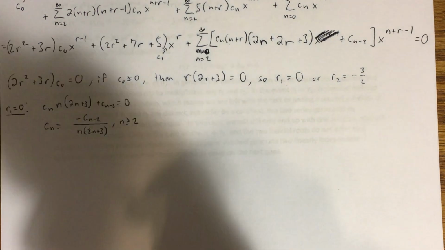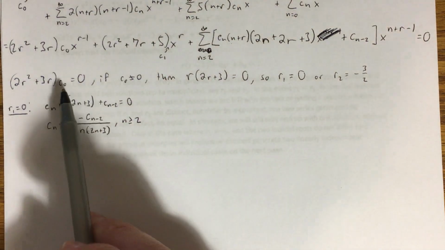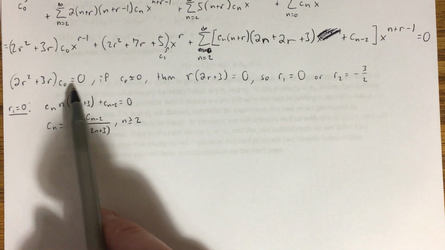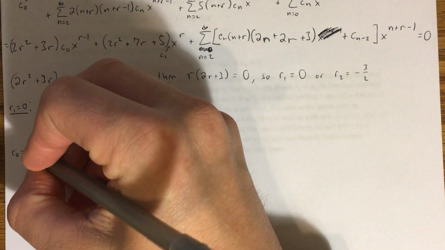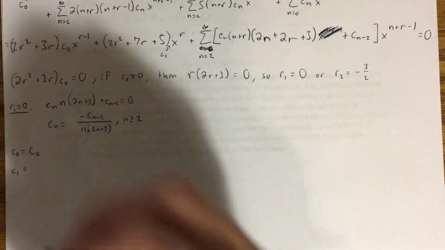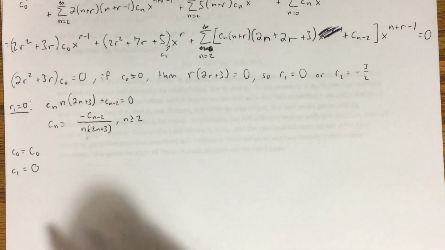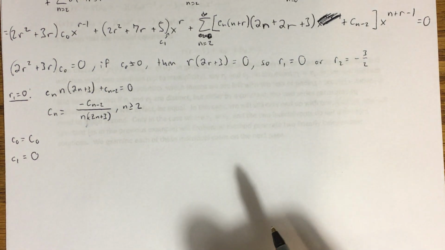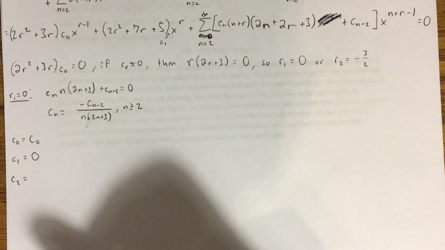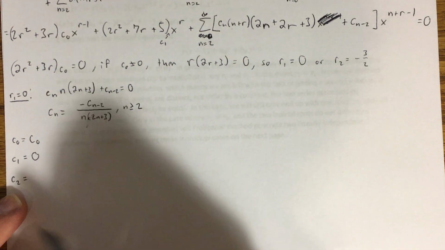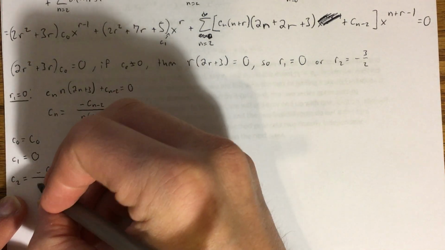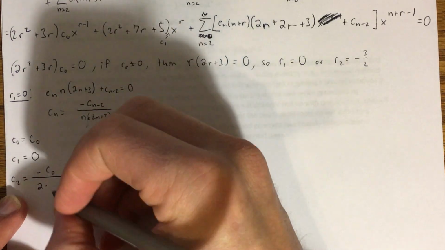Okay, so let's remind ourselves of the assumptions that we made. C naught is a parameter. All we've done is assume that it's not equal to 0. But now that we've done that, we can just call it C naught. So C naught is equal to C naught. C1, we've made the assumption that C1 is equal to 0, because that eliminates this term, and we're going to see that we still get two linearly independent solutions regardless of that assumption. Now I can start using my recurrence relation to find C2. So for example, C2 is equal to negative C naught over 2 times 2 plus 3, which is equal to